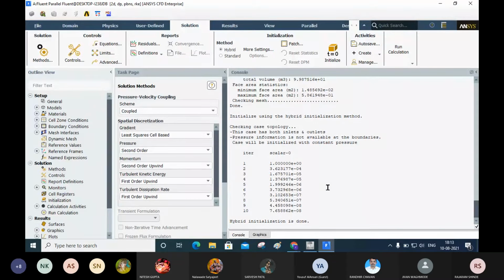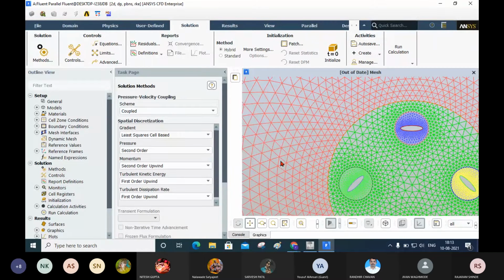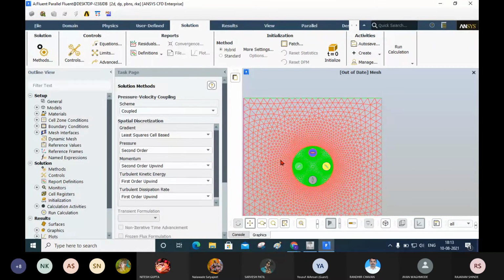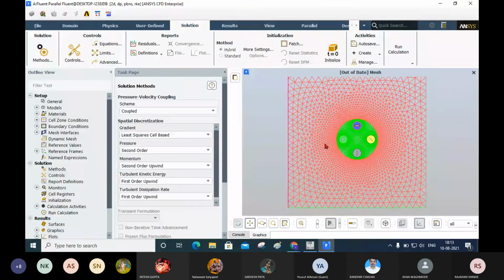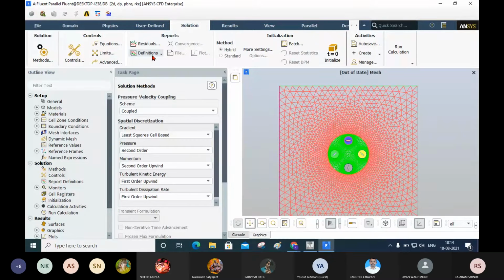Now after that we have to monitor some entities, for residuals.